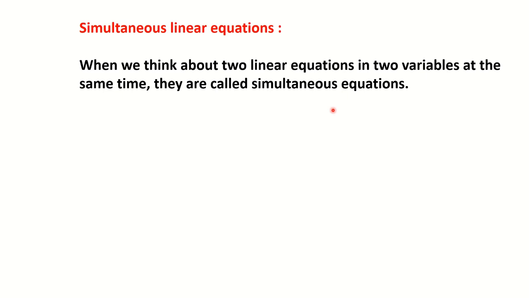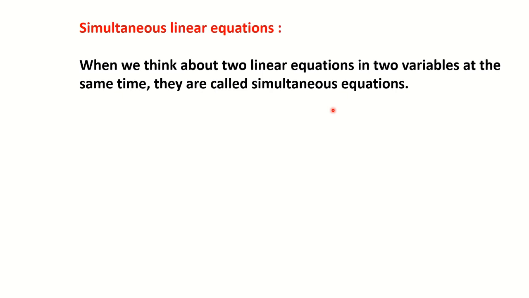Take the example of parallel lines, they do not intersect. Linear equation means what? Their graph is a line, therefore they are called linear equations. And if we get parallel lines for two different equations, we know that parallel lines do not intersect. That means the equations have no solution. Then two lines may be intersecting, and when the two lines intersect, they intersect in one and only one point. That is why they have only one solution.